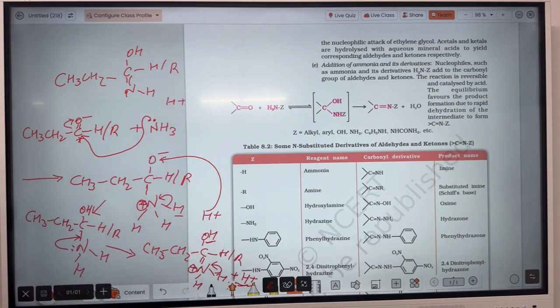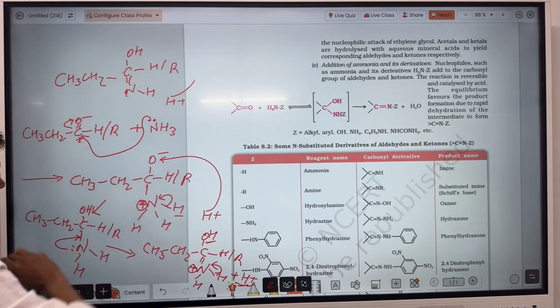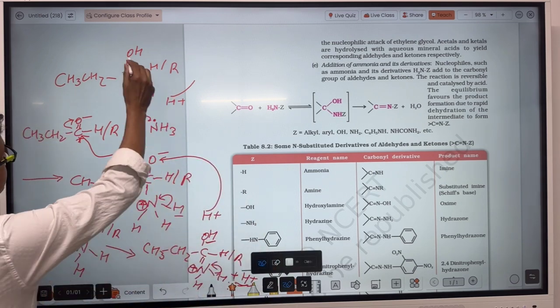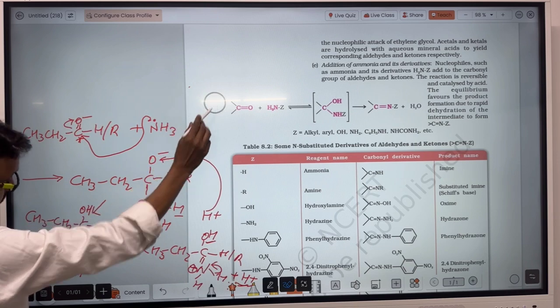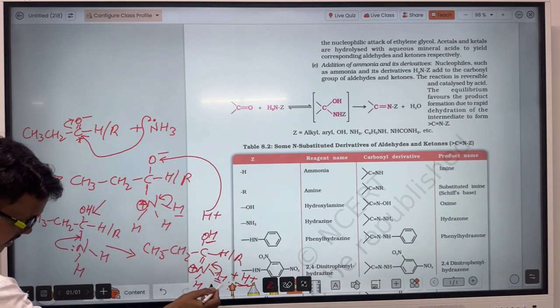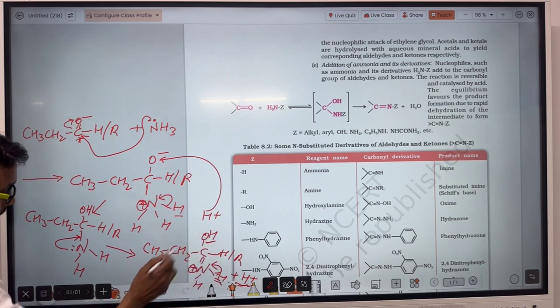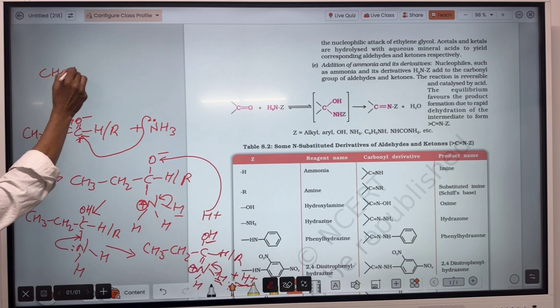So H plus will release here. This H plus will combine to this OH, and also the valency of this one will become destabilized. That's why this H plus is released. Okay, listen here separately. This nitrogen will attract the sigma electron of this NH bond, so H plus will combine with this OH and form H2O. So the product will be